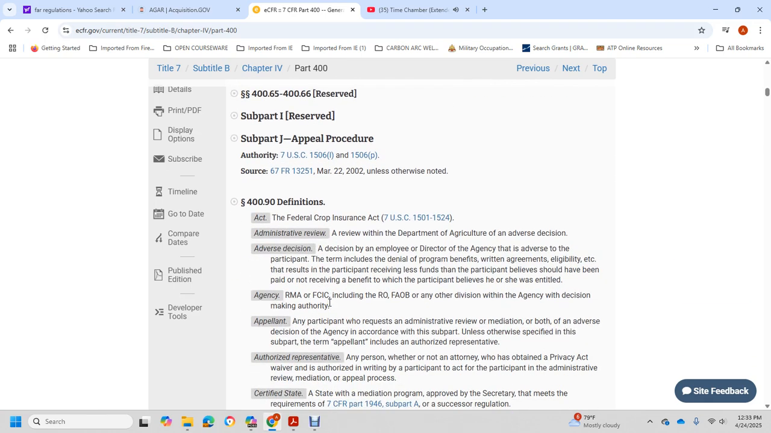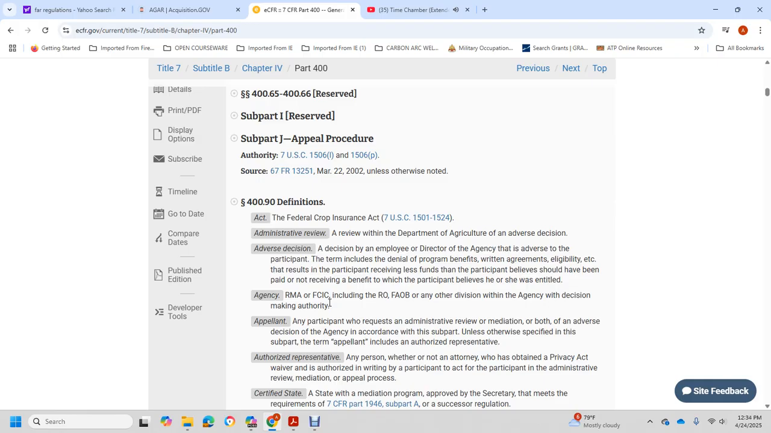of the United States Code 1501 through 1524. Administrative review of the Department of Agriculture over the adverse decision of the employee or agent. Participant term includes the denial of program benefits written in the agreement, or eligibility, or as a result of participation receiving less of the funds for the participation than believed should have been paid, or the benefit of the participation he